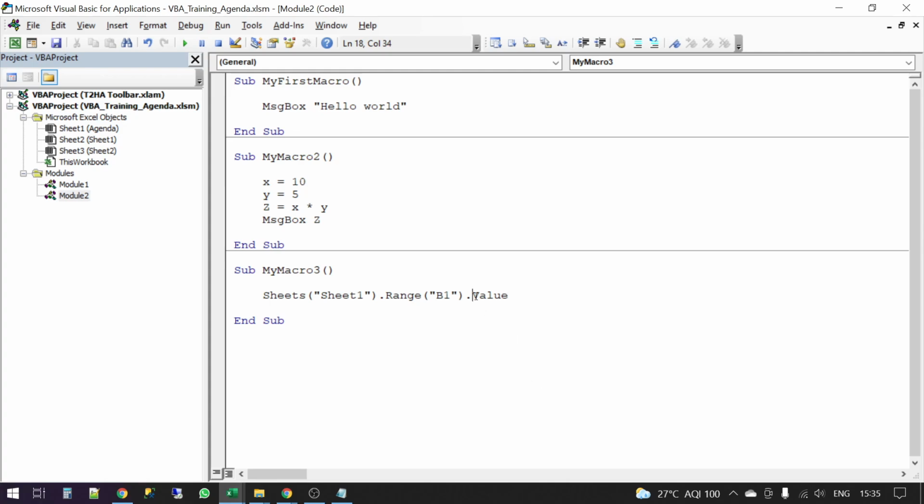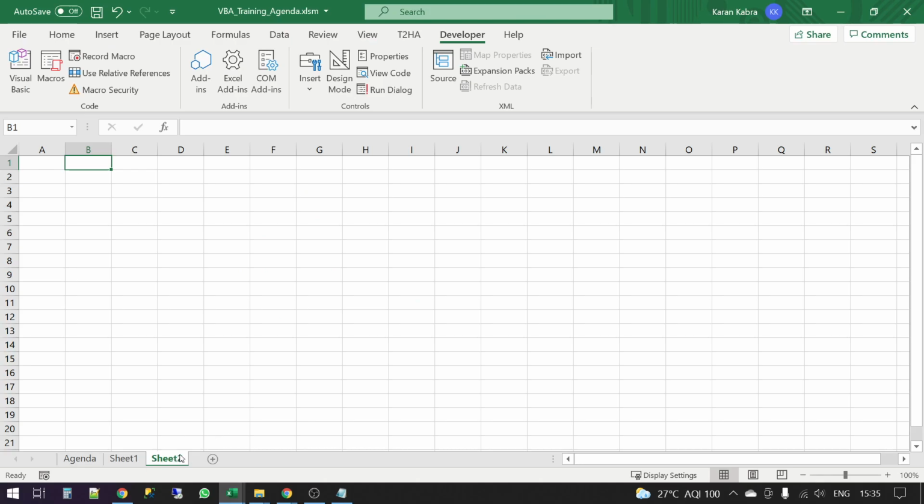This is the most important property that you will use in automation. So just by knowing this syntax, you know 30-40% of automation through VBA, right? And this is what you will be using most of the time. Say value equal to Excel, right? What I've written is that in sheet 1, cell B1 will have the value Excel. If I run this code from another sheet, say sheet 2, even then it will go ahead and make the change here, right?